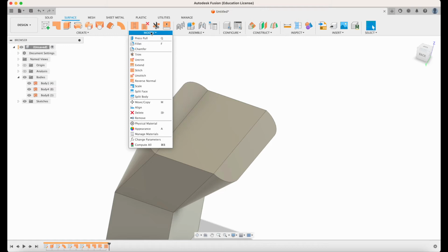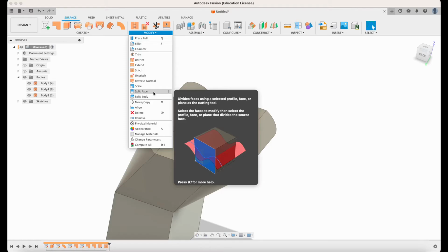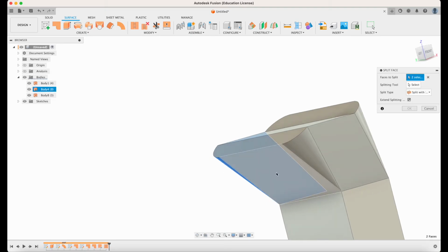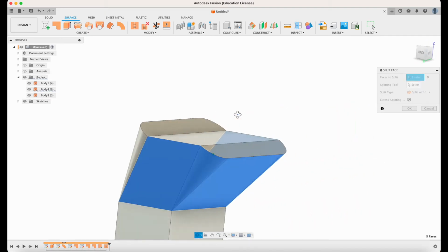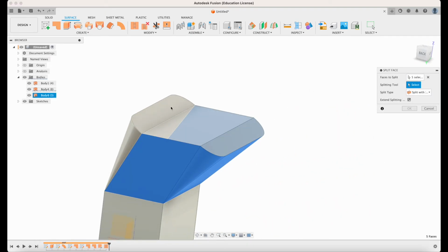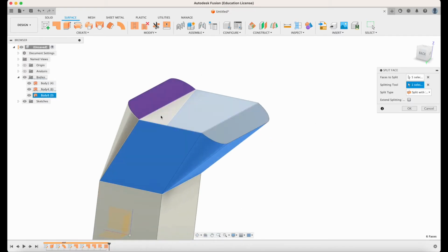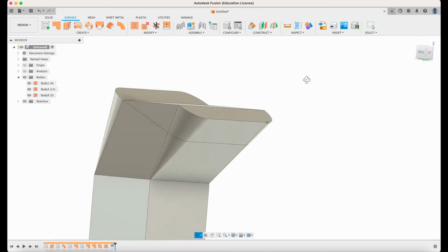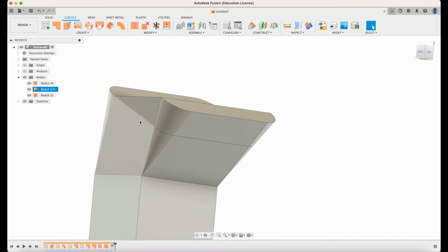So if I go into modify, there's this thing called split face. Okay, I select it. I want to split these faces, and I want to use this tool to split it. But currently it doesn't reach those surfaces. As you can see, it's on the top, so I have to select extend splitting tool. It says, if I extend this, you can see it, it says extend splitting tool, and I say okay. You can see it created a line. Okay,